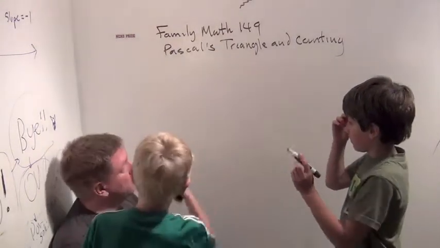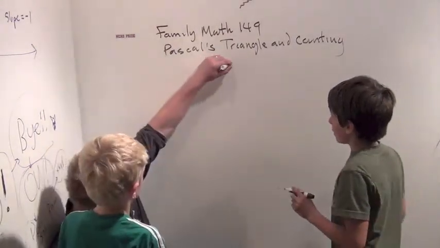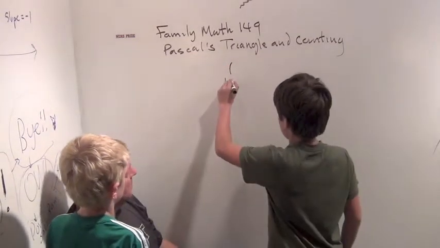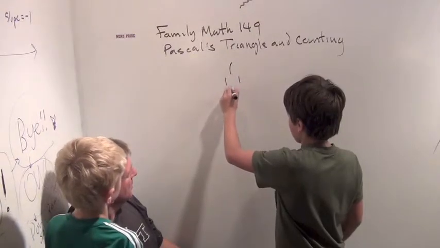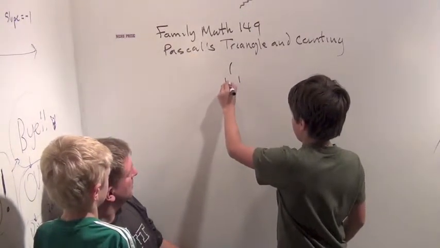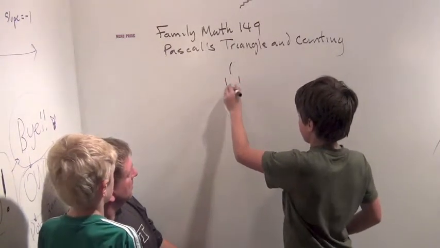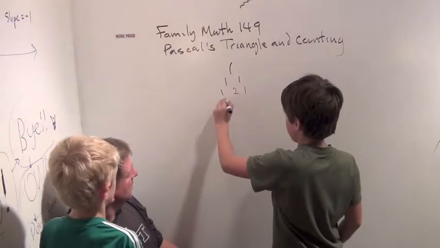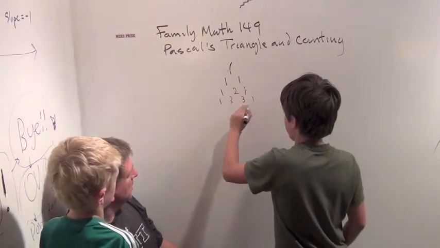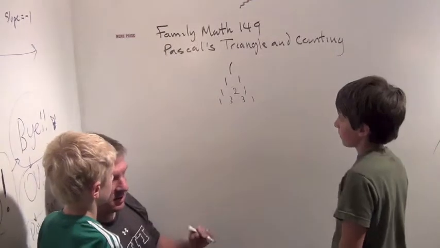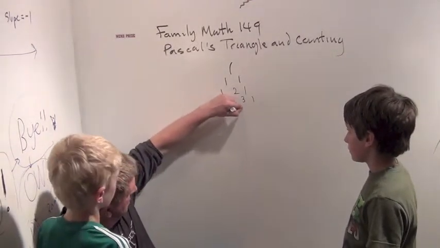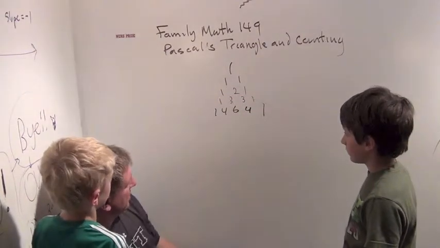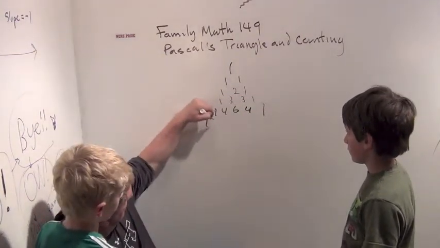Well, you start with the 1 on top. Every stage is bordered by 1s. And then when you get past the second stage, the number down here is the sum of these two numbers. So 1, 2, 1, 1, 3, 3, 1. Okay, stop there. What comes next? 1, 4, 6, 4, 1. And what comes next? 1, 5,